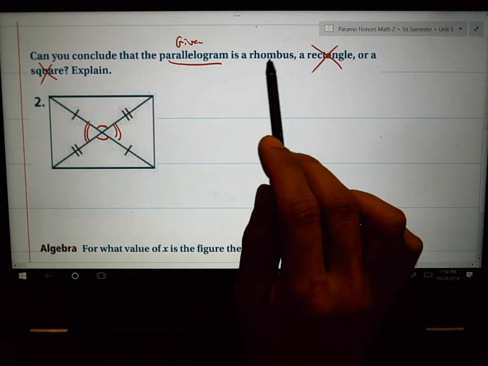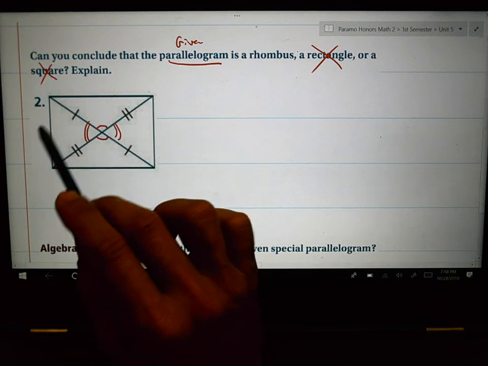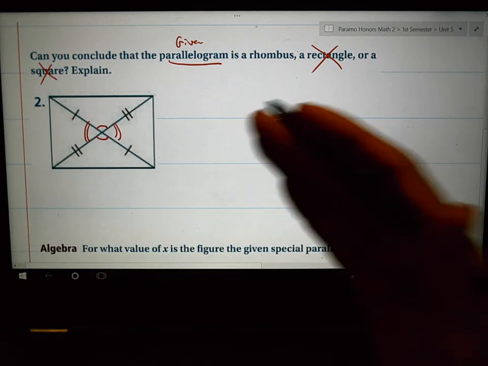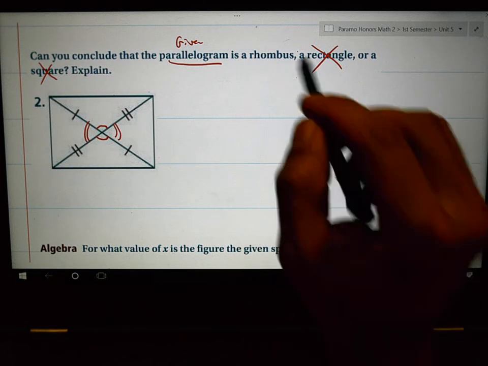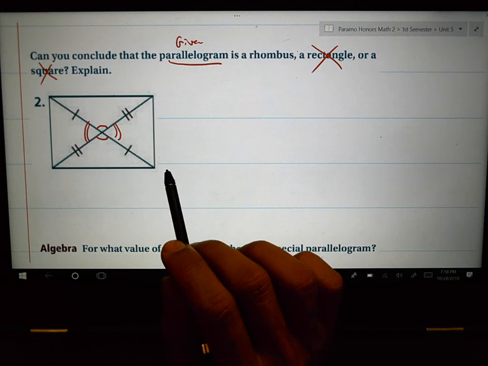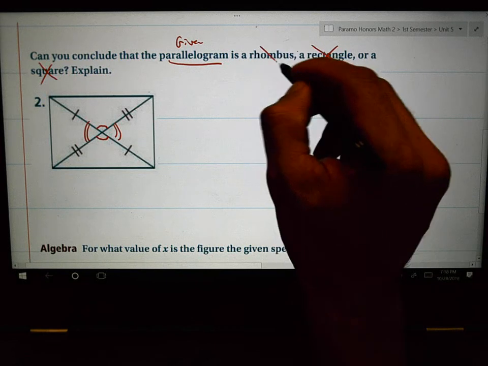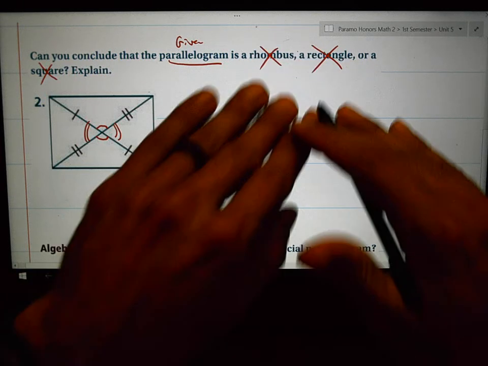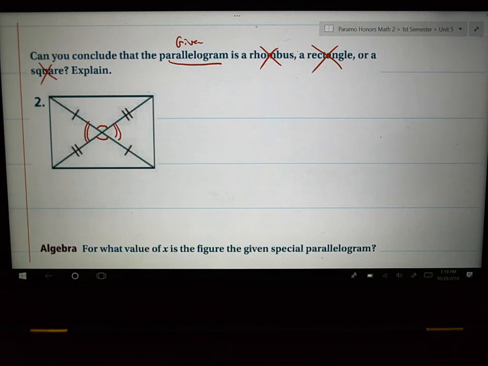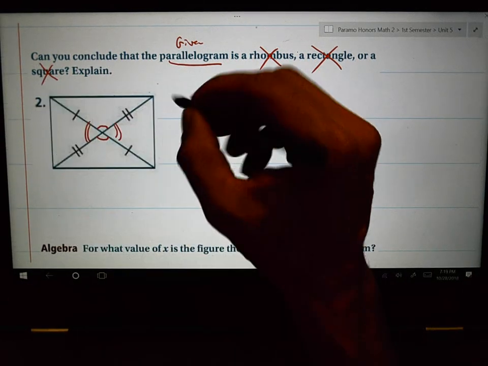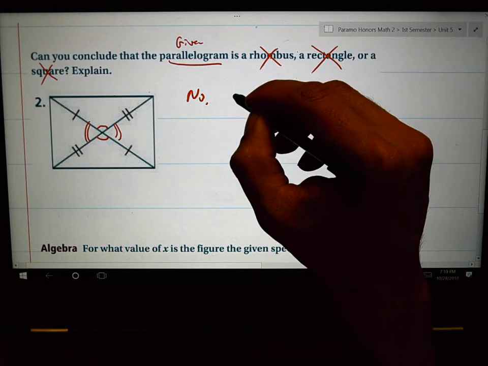So I can't say that it's a rhombus either, because I do not know if this side here is the same as this side there. There's no further information that I have that can prove whether it has 4 congruent sides. And we don't know if there are 4 congruent angles, and we know that the diagonals aren't the same as each other. So there is not enough information here to say that it's one of these 3 things. I'm going to say, can you conclude? I'm going to say no. There's not enough information